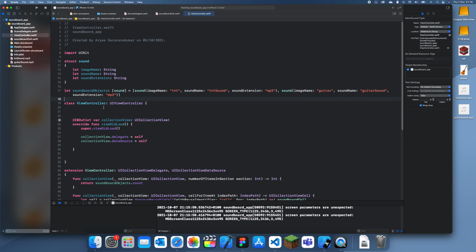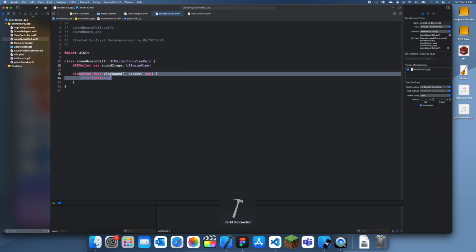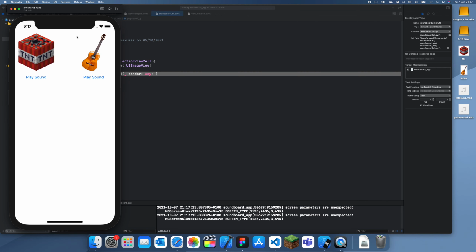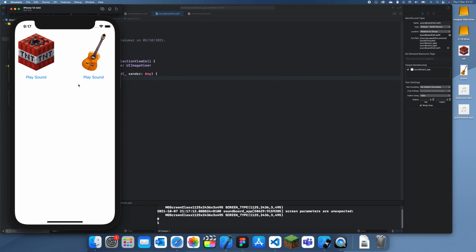So in this final part we're going to be making sure the sound plays when you click a button. I'm just going to run it for you now to show you what I have. So far we've created the collection view, and we've also imported the assets. You can see both these buttons are enabled. For now they just print the tag, but that's going to come in handy when we want to access the